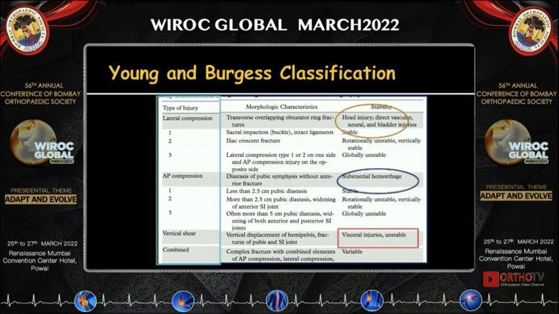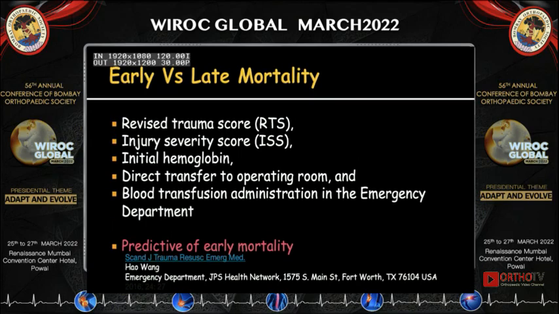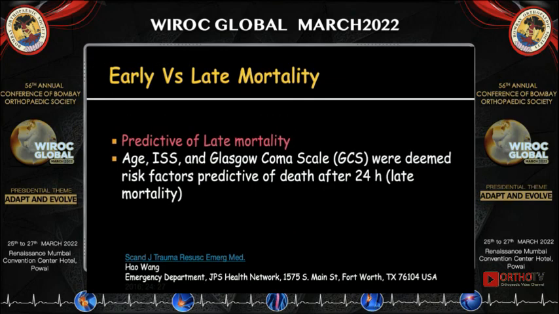So it is important to note that lateral compression can pierce into the bladder, and because of a fall from height, there are associated injuries. In APC, you have to worry about presacral plexus injuries and vascular injuries, so that is important. Then why early and late mortality? It depends on the revised trauma score, injury severity score, initial hemoglobin, and blood transfusion. So these are the predictors of early mortality, and age, ISS, and Glasgow Coma Scale are deemed risk factors in death